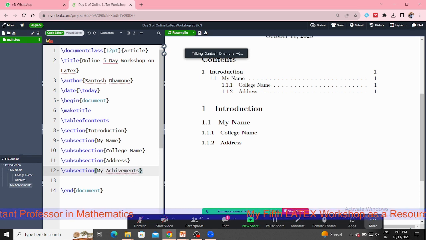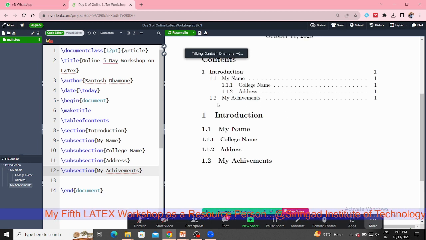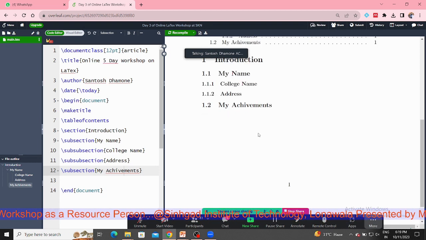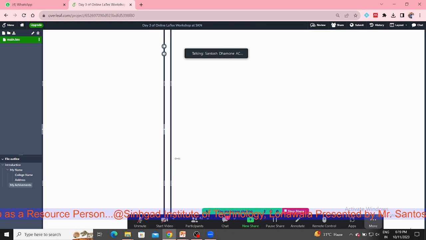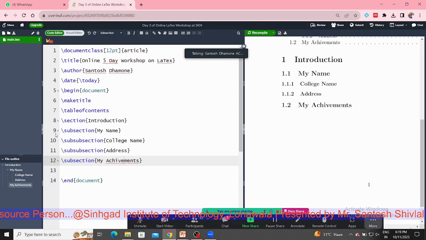Okay, I type my achievements. There is a spelling mistake. Okay. Recompile it. We get the second subsection 1.2 my achievements, and after that give the details of this by selecting,